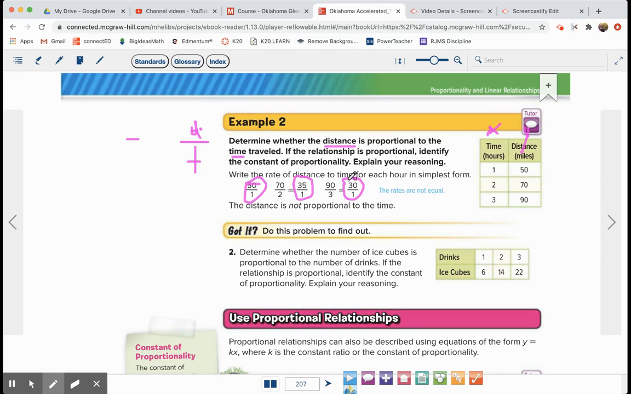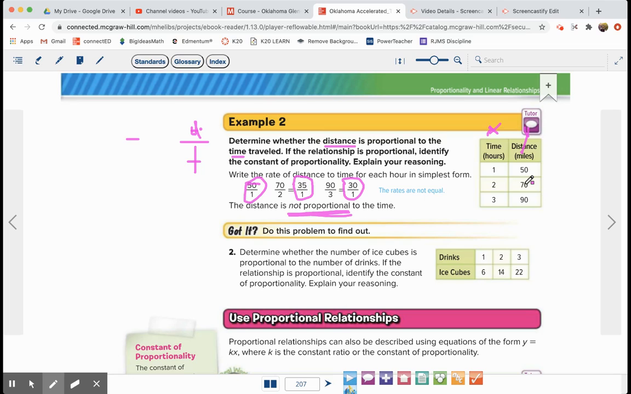So if you notice, these are not the same. So it is not proportional. Your distance is not proportional to your time, so there is no constant because there was not a number that we're getting constantly over and over again. So what this means is that your y over x,